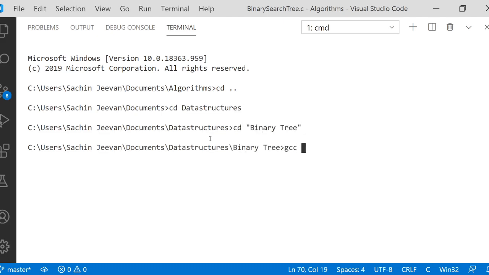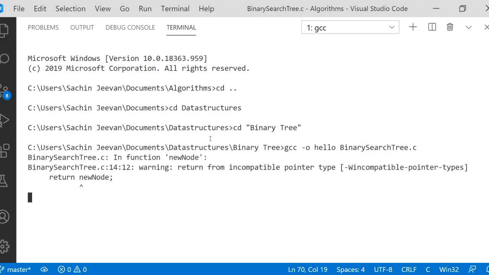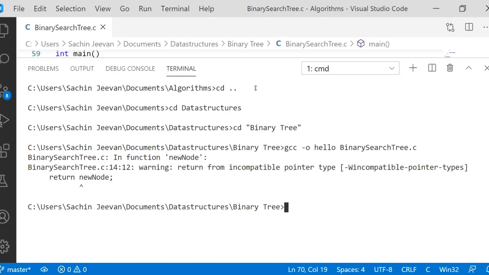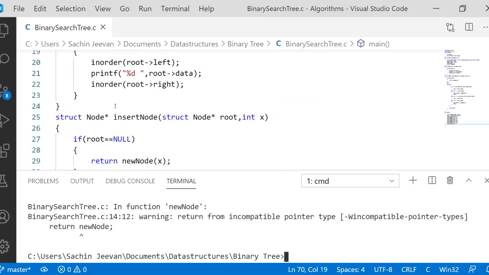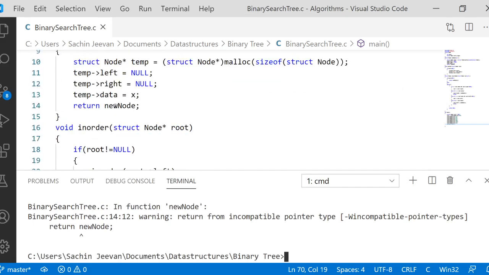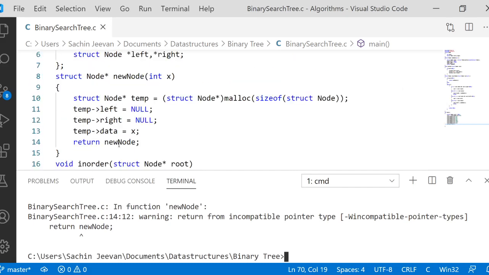Now we will go with gcc -o hello, and the name of the file is binary search tree. There is an error: incompatible pointer type when returning. This is in line number 14. Let's check line number 14 where we are returning.